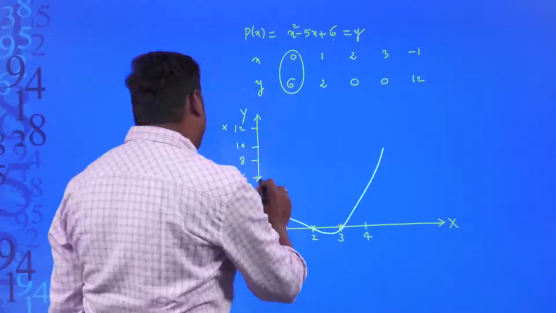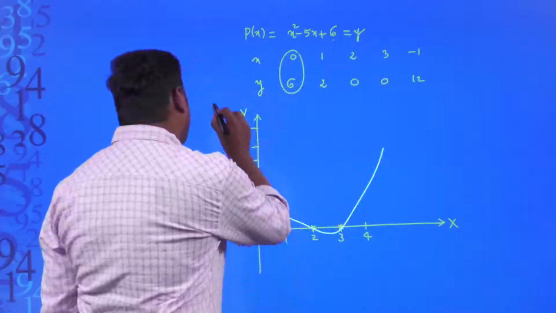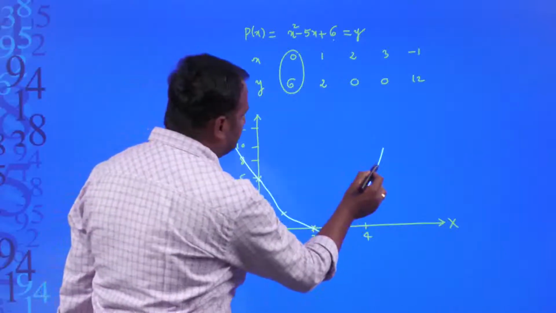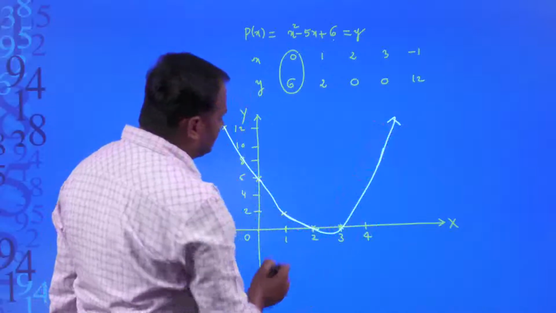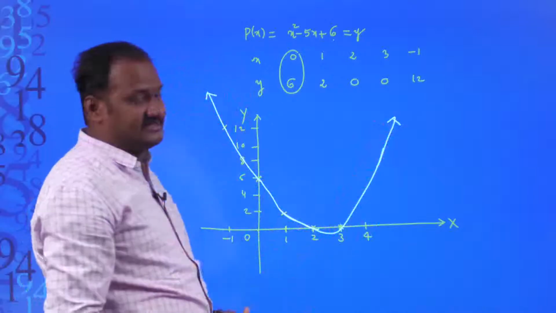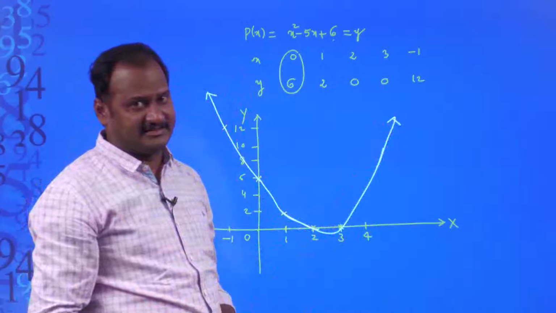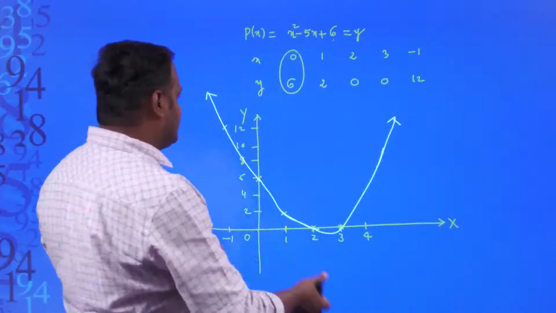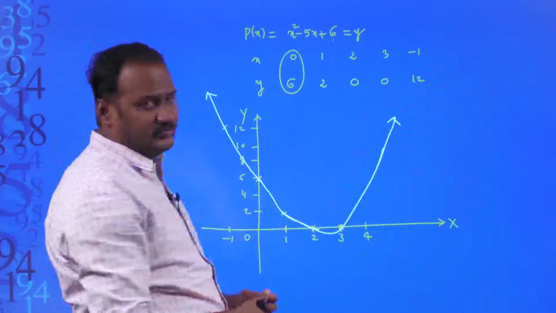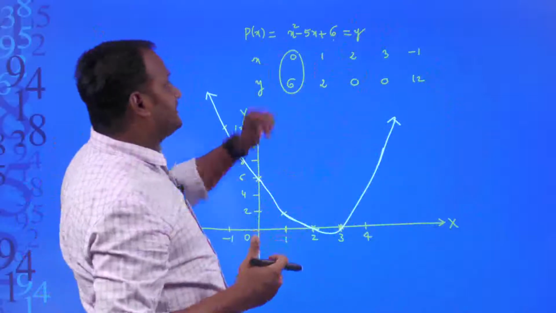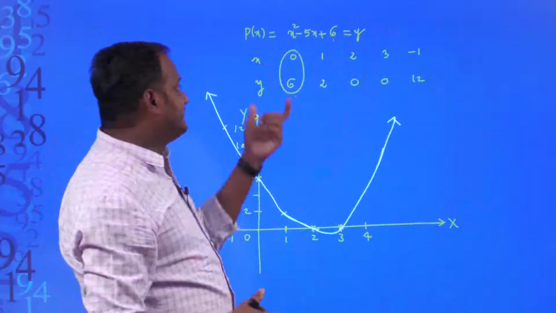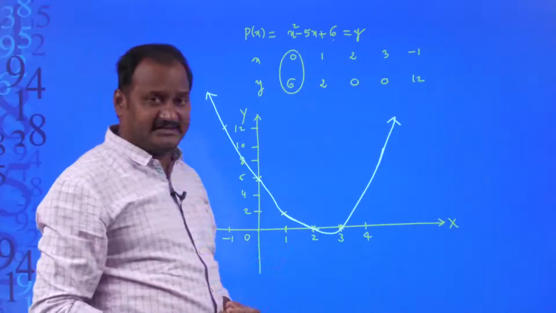It goes up and again it would be this. See, once observe this, what kind of a curve it is? Do you know what is the name of this curve? This kind of curves are said to be parabolas. Okay. So, this is a parabola, it is in the shape of U. Okay. It opens upwards. x square minus 5x plus 6, that is the polynomial, and that is a second degree